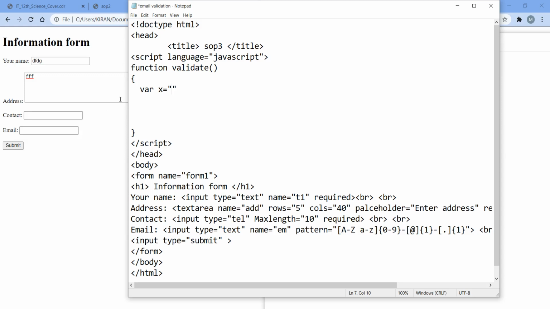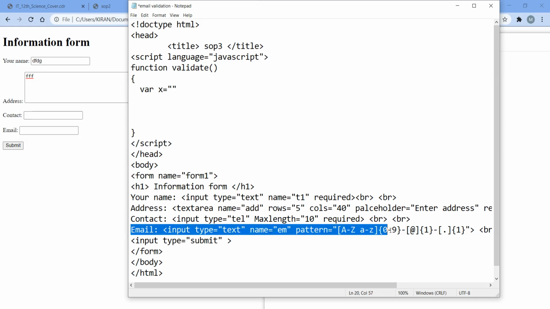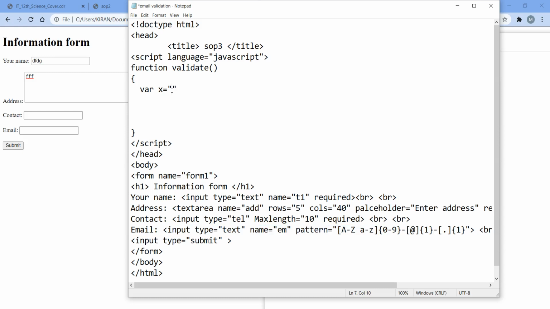So first, how am I going to take this HTML form data into the JavaScript variable? With the help of a name attribute. This email field is present in this form, and the name of that form is form1. So I will write here form1 dot. Now, in that form1, what is the name of the email field? em.